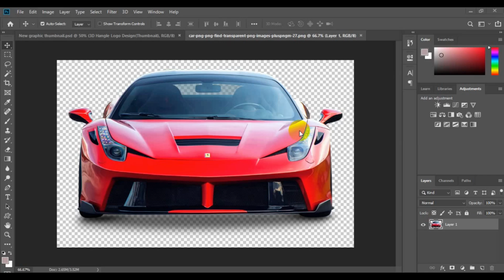Hello friends, in today's Photoshop tutorial, I'm going to teach you guys how to change any object color using Photoshop